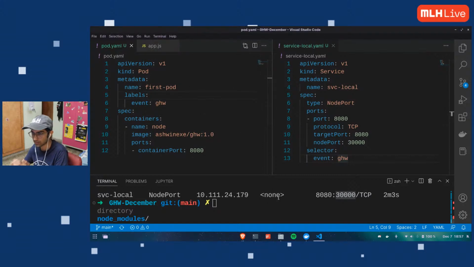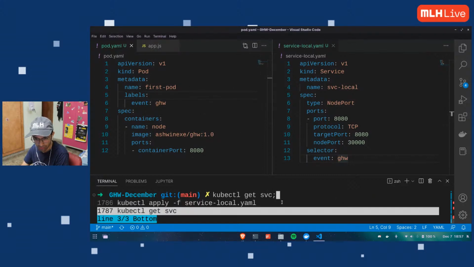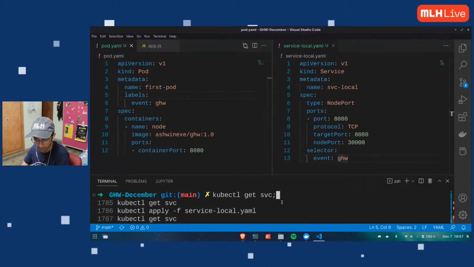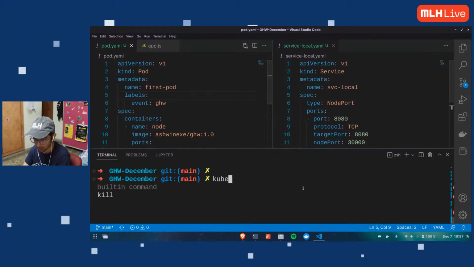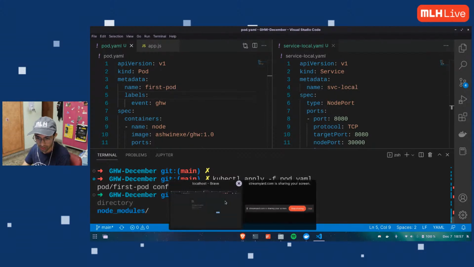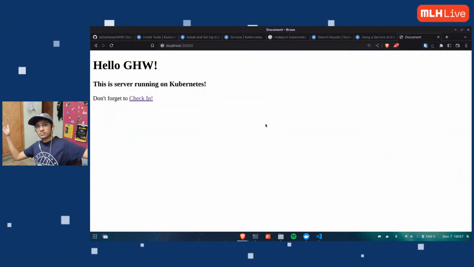Labels. Yes. Okay. Gonna apply. Oops. kubectl apply -f pod.yaml. There you go. Simple as that. It was right there. The answer was right there.